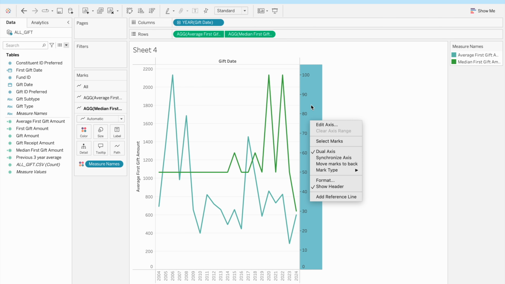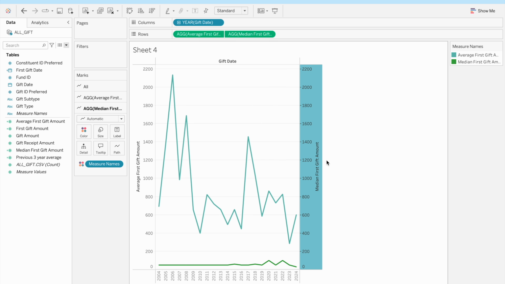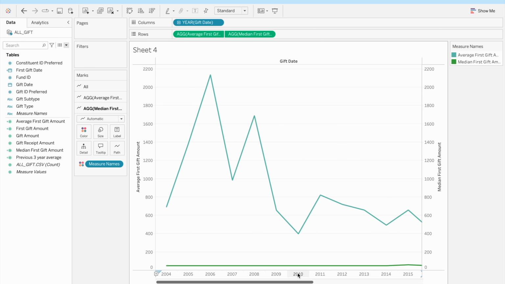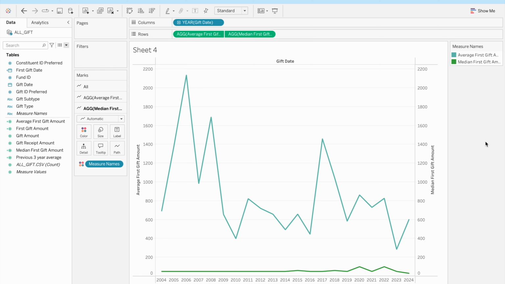So let's right click and go to synchronize axis. And now we have what I've been looking for. I'm going to drag this out. That's a little too much. I'm going to drag it out just a bit